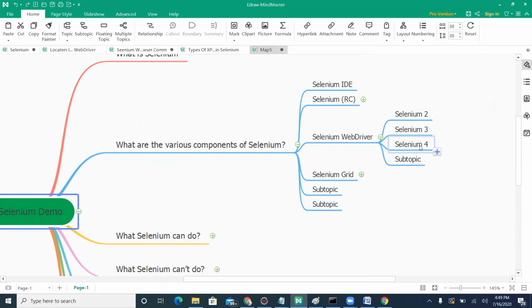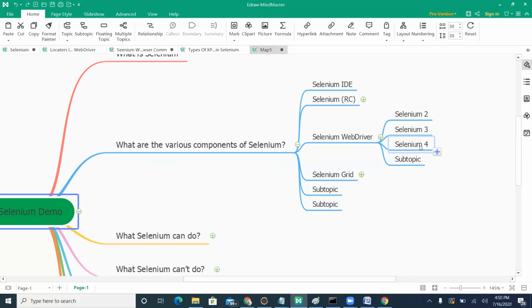Selenium 2 is like this: when we had Selenium RC, there were some APIs developed by Google or other communities, and they merged them with Selenium RC, and then they called it Selenium 2. We also call it Selenium WebDriver. Selenium 2 is named Selenium WebDriver, and 3 is also WebDriver, they have not changed it.